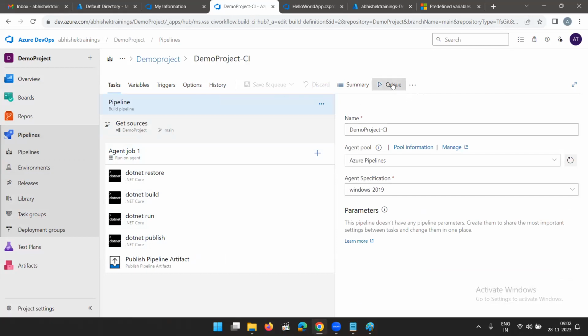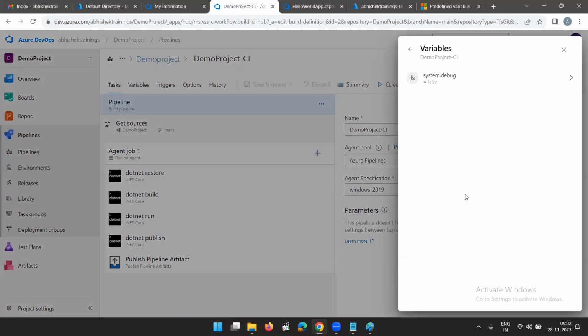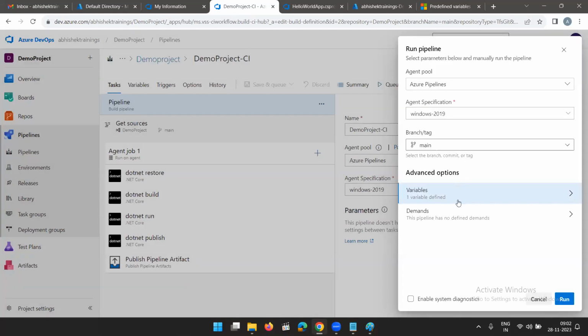Queue. Okay. Once you queue this Azure Pipeline agent, now you can see the queuing options. Agent pool: Azure Pipelines, agent specification: Windows 2019, and the branch or tag from where it will run. Either you can give a branch or you can give a tag. So main branch, advanced options like variables, whatever variables. Now, sometimes in the advanced option, you can give,